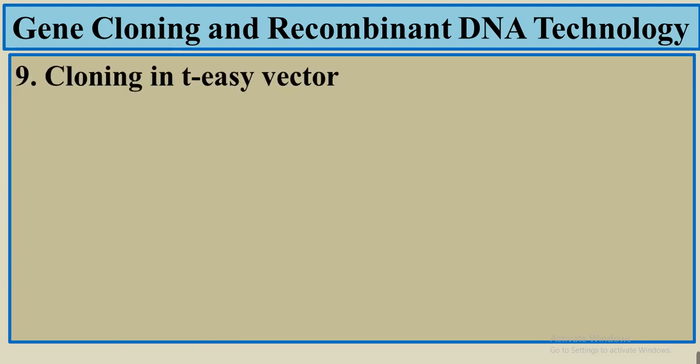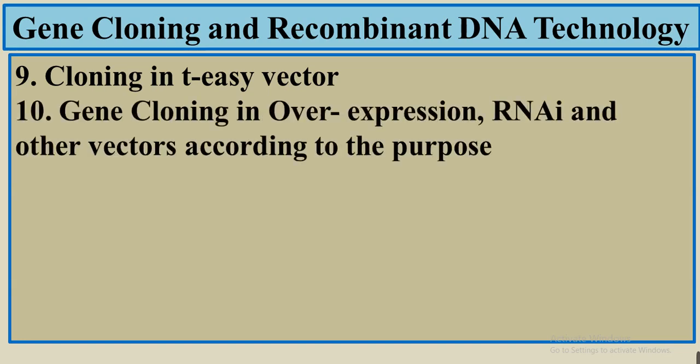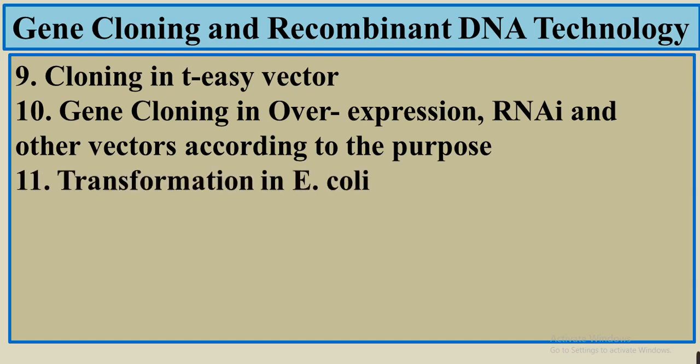And then we can use ligation, how we can ligate our gene into the TZ vector or any other vector. And then after that, the gene of interest is ligated into another vector that we have to use in our studies. For example, if we want to overexpress that gene, we need an overexpression vector. If we knock down the gene, we need RNAi. Or if we want to do the protein assay, then we use the related vectors. So how we can ligate our gene into those vectors,